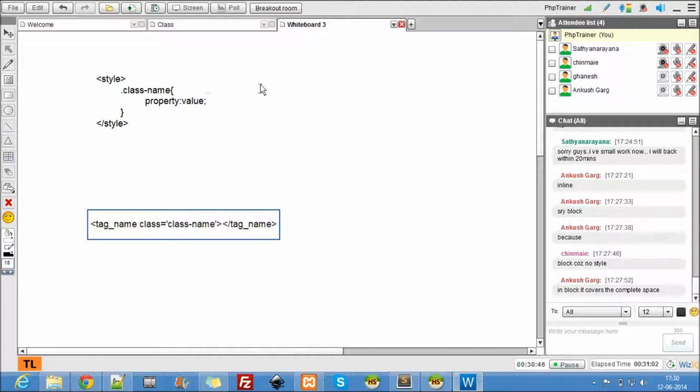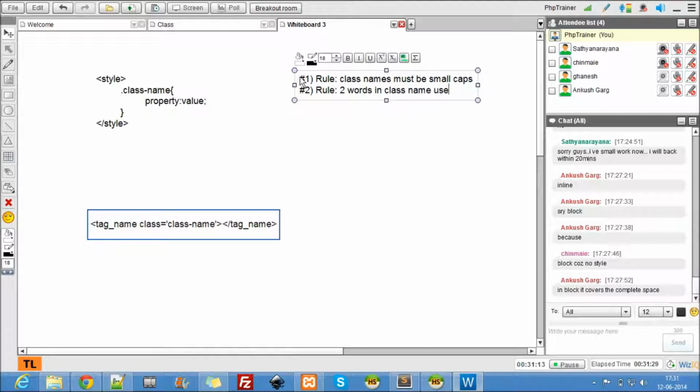So the rules with the class names, today's live rules. The number one rule is that class names must be small caps. Number two, two words in a class name, use a hyphen. Number three, class names can be used one or more times.